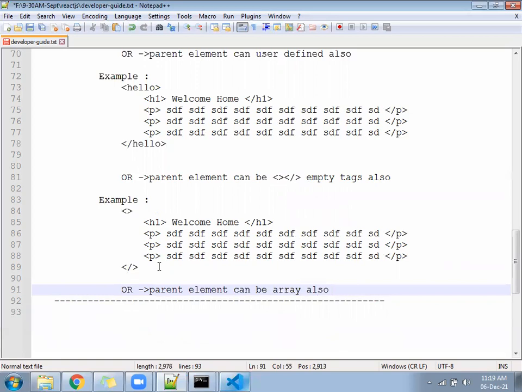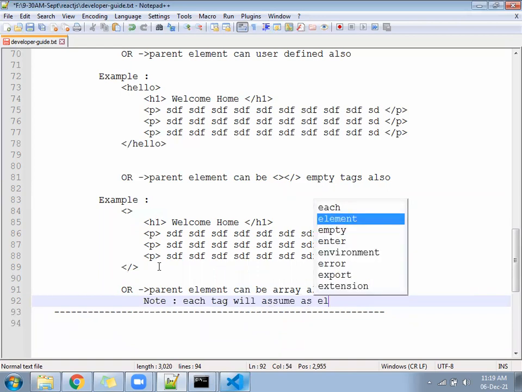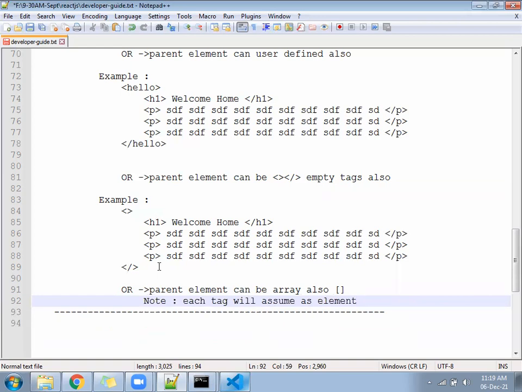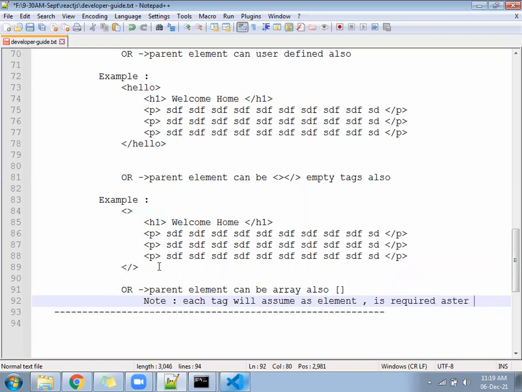Each tag will be assumed as an element, and a comma is required after each element.